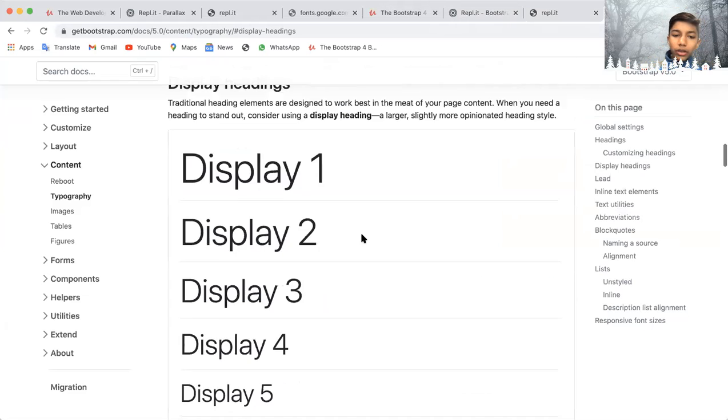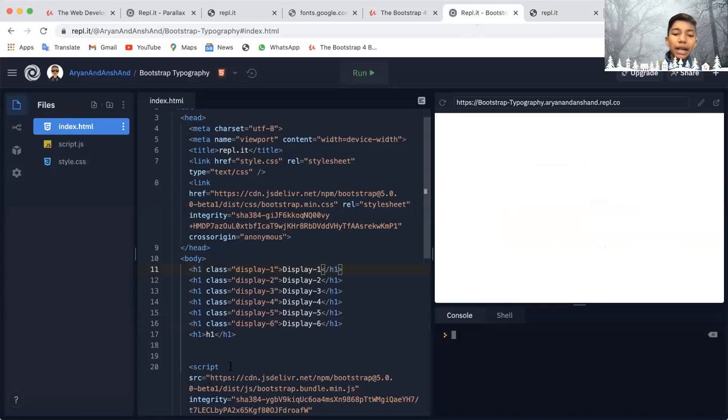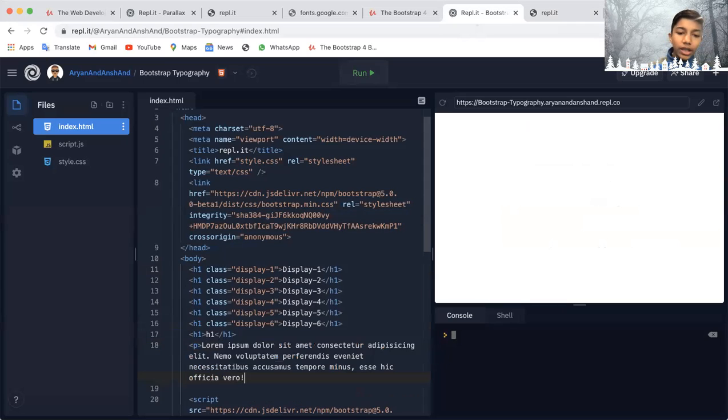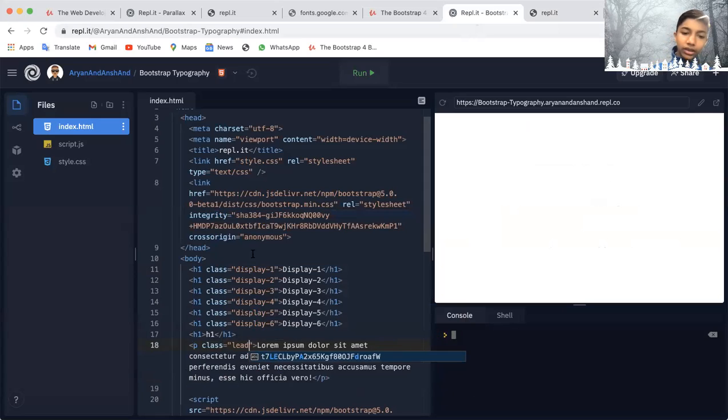Now in typography, there is also this class called lead. So p.lead. Not necessarily a paragraph. It could be anything. So I'm going to create a paragraph and I'm going to do lorem 20. Now if I give it the class of lead,